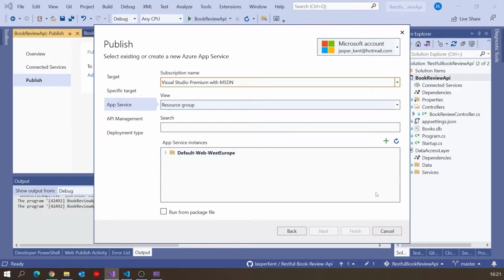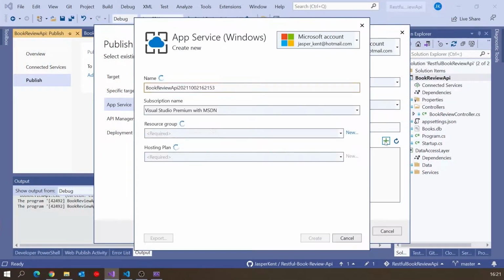Then we're going to have this idea of a resource group. Now, a resource group is simply a way in Azure of collecting together more than one thing that you want to have associated. So suppose, not in this case, but suppose we had the web API application, plus we had a SQL Server database, plus we maybe had some other things. We can just keep them all together in one resource group, and therefore if you want to move them around or delete them, it's much easier to manage. And so I'm going to do that. I'm going to add a new resource group.